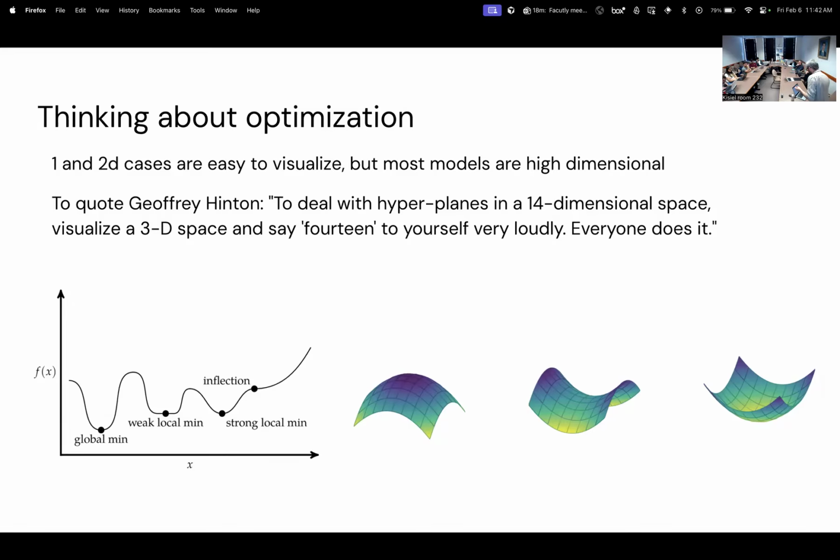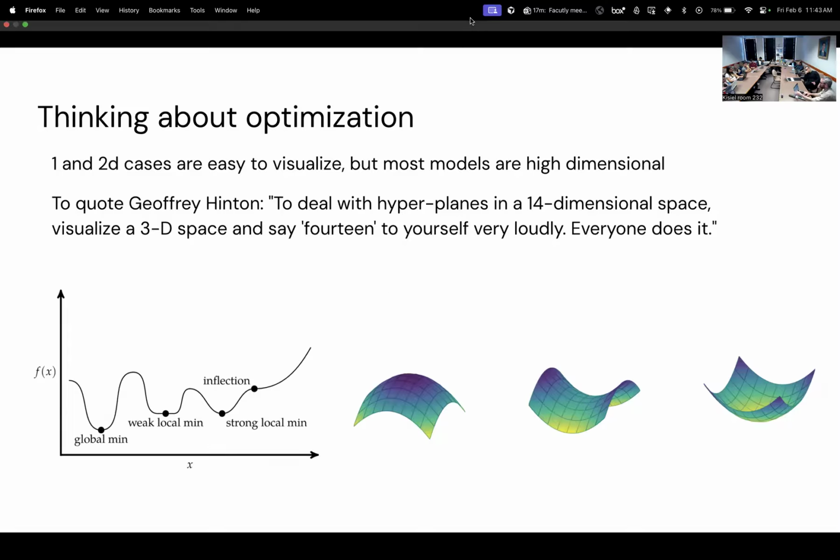And then I just wanted to talk about thinking through these ideas of error and optimization and how you all think about it. So I'll stop the recording there so we can